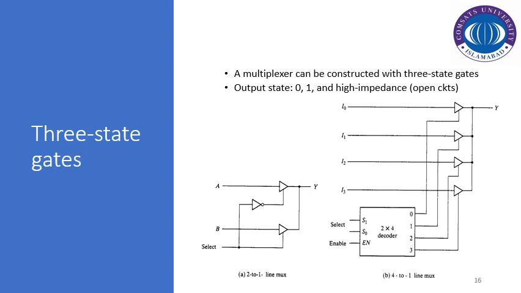So if the output is being connected to the open circuit, that is considered the high impedance state, in which the gate reacts as an open circuit and input and outputs are basically isolated from each other. So whatsoever the change of input is, that is not being reflected on the output, since the gate is reacting as an open circuit. So for the open circuit, the output is connected as the high impedance state, that is being labeled as the Z state. So till now we have studied the four definitive signal levels.